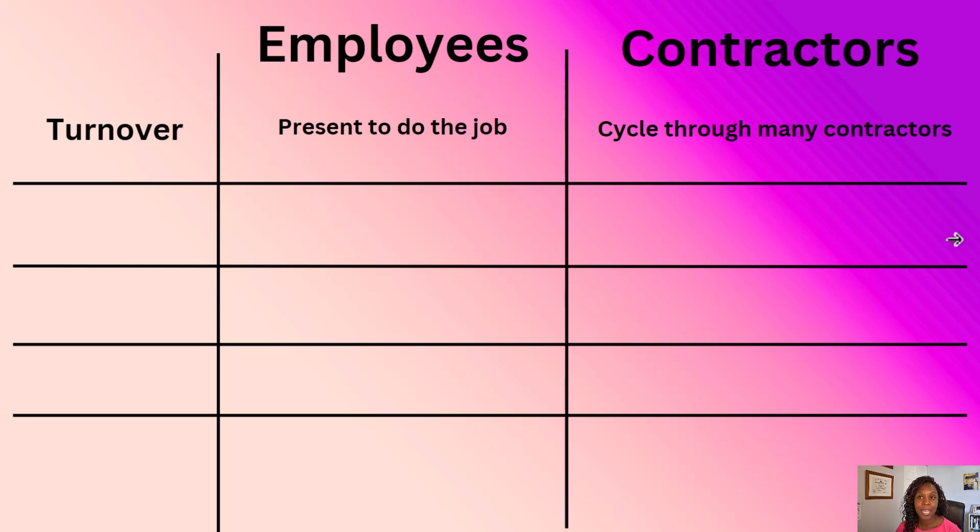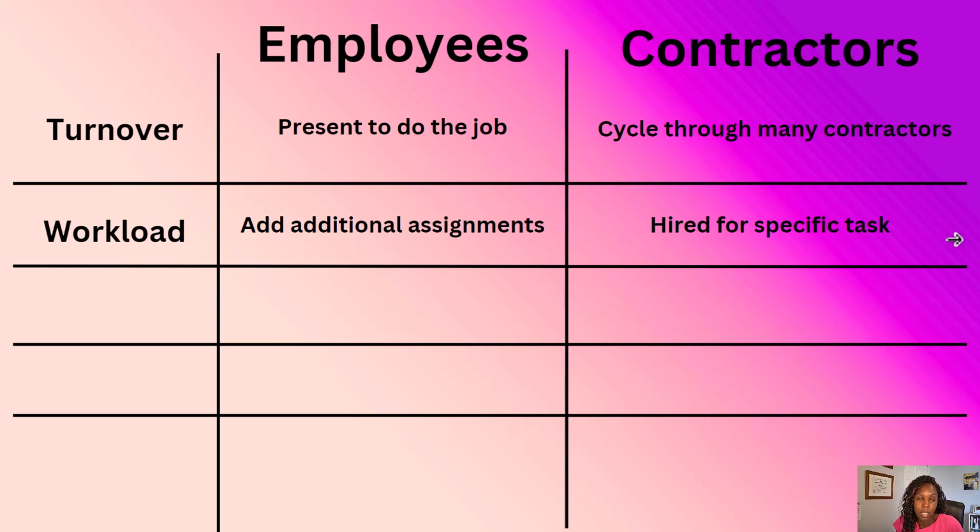Contractors, you may have to cycle through several contractors. Again, a contractor may be available for one period of time, but then if you need that same contractor a month or two later, they may not be available, and then you have to go and search for another contractor. So, with employees, there's less of a worry of them just leaving the business.